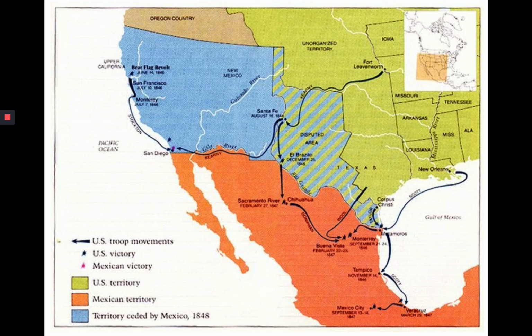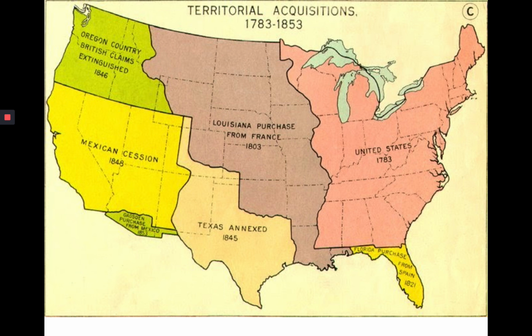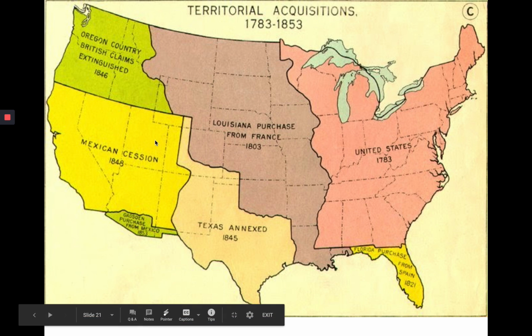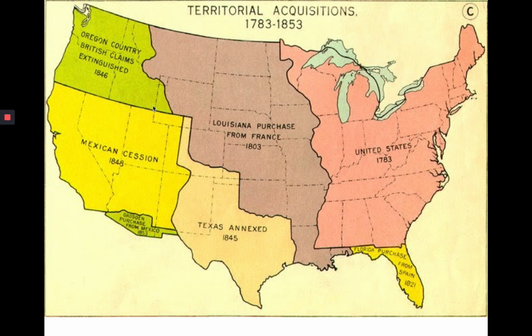Here's a battle map of different battles. And that brings us to this. This is what is now the modern map of the United States with this area ceded. We will later purchase this little area, the Gadsden Purchase, from Mexico. And of course, we purchased Florida. We didn't talk much about that. But this gives us the modern map of the United States. The Mexican-American War coincides with the Oregon Territory, including Washington State, becoming part of the United States. And by the 1840s, 1850, the map of the United States is set.